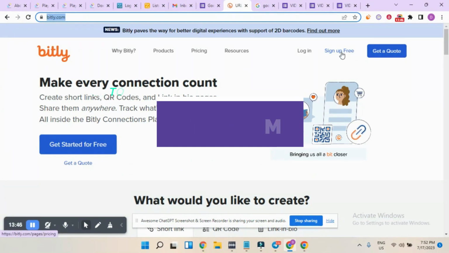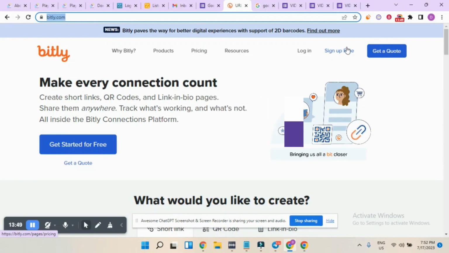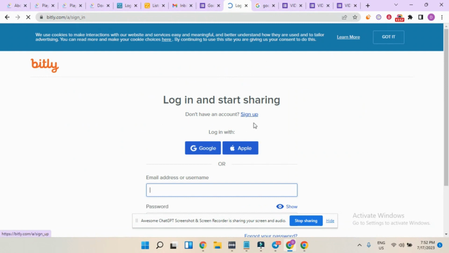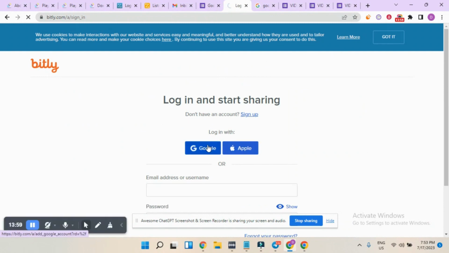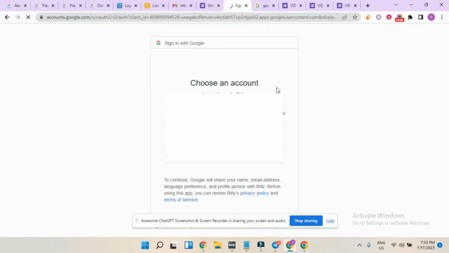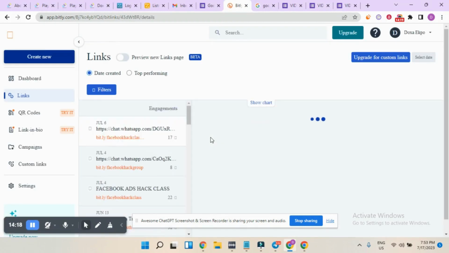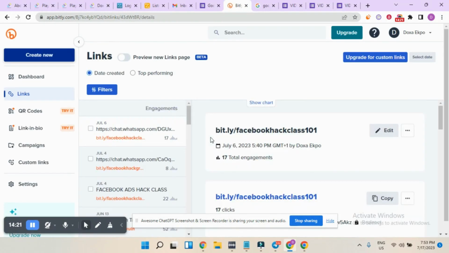I won't be showing you how to sign up. I believe we all know how to sign up. So register, putting your email address on. Also, I will simply log into my account on Bitly, and it says I should log in. I'll log in with Google because I'm already signed into my Google account, and I click on my Google account here to sign in. Alright, now I am in my Bitly account,